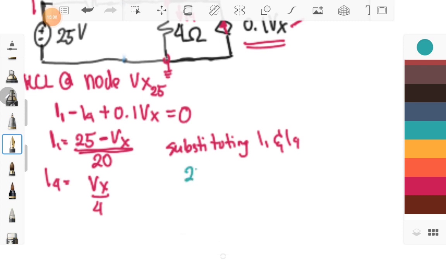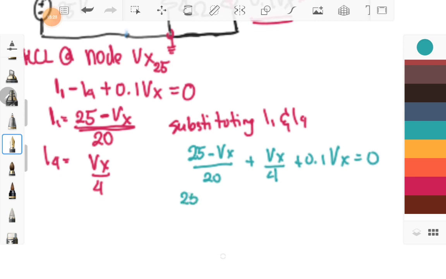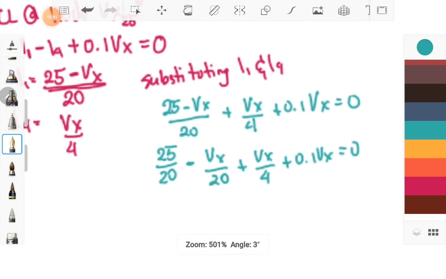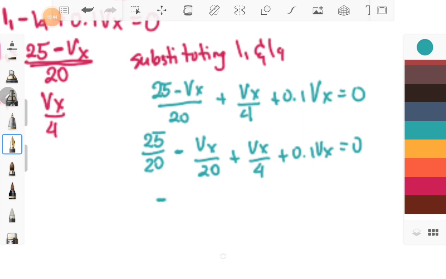So we have 25 minus Vx over 20 plus Vx all over 4 plus 0.1 Vx is equal to 0. So we have 25 over 20 minus Vx over 20 plus Vx over 4 plus 0.1 Vx equals 0. So we'll have negative